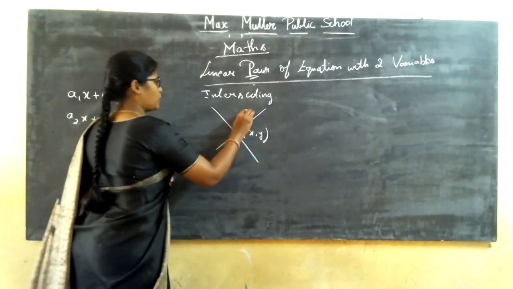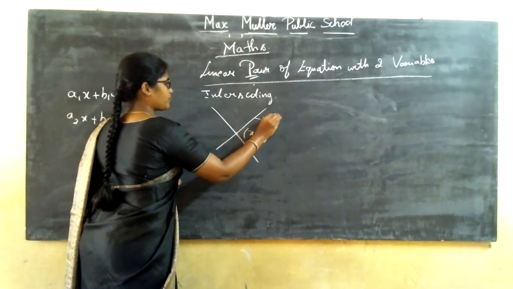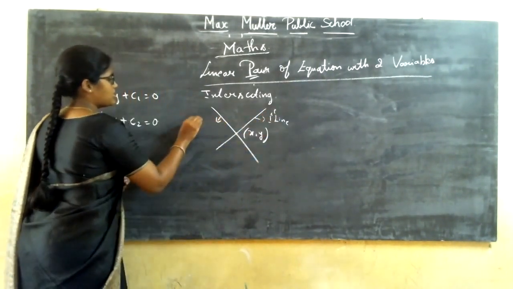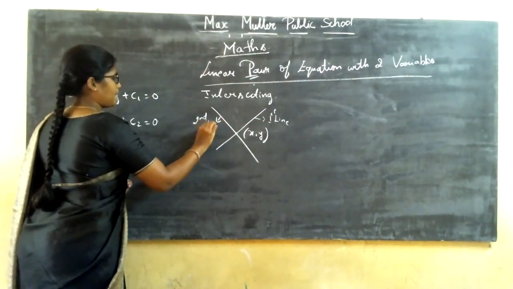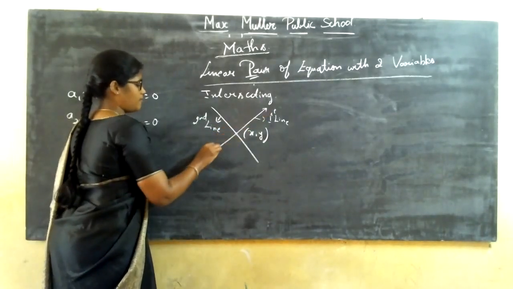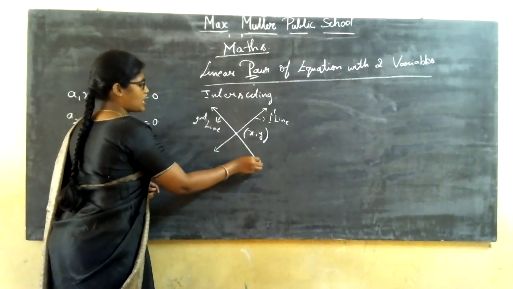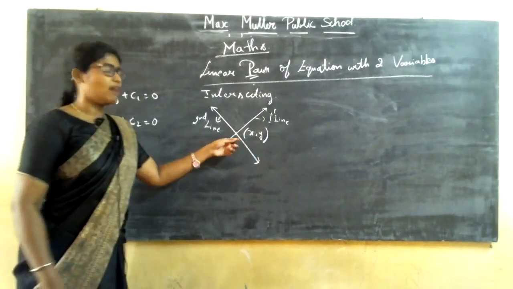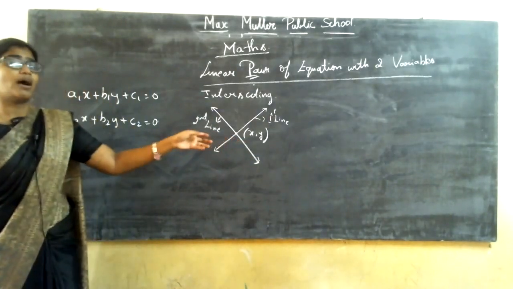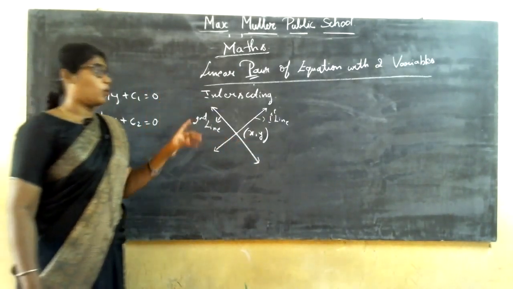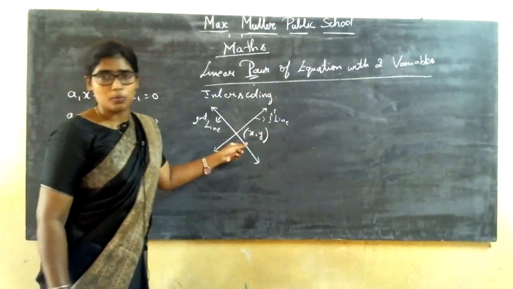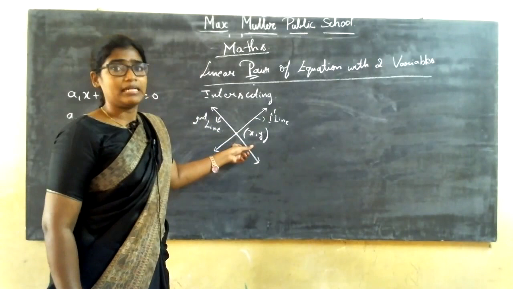And this will be the line 1, the first line, and this will be the second line. Clear? This line is the first one, and this indicates the second line, where you will have only one point, that is x comma y, where you get an intersecting point, that will be only one. You might not get 2 or 3 intersecting points. At that time you are not going to say that it is an intersecting line.